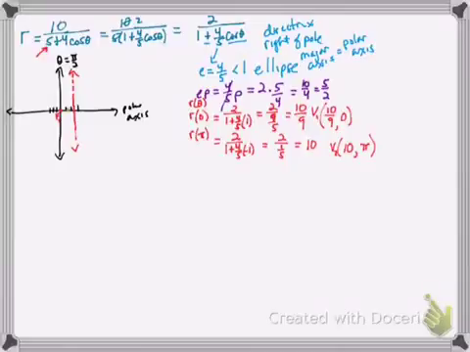So 1, 2, 3, 4, 5, 6, 7, 8, 9, 10. All right, it is what it is, right? We can't change the numbers. So we have our two vertices. We can find our center now. So this center